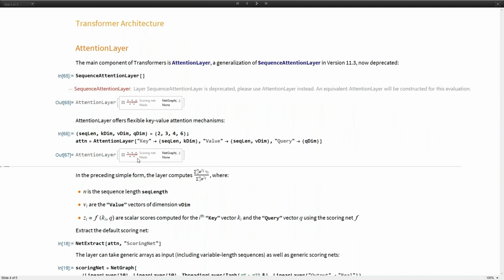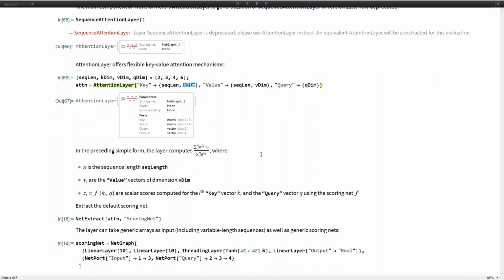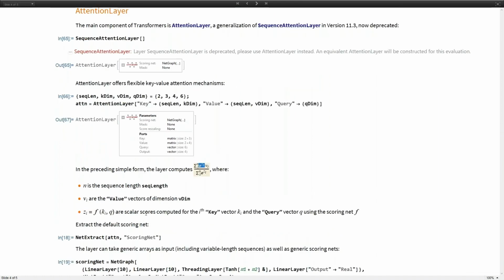In the simple form, what this layer does is it computes this weighted average, in which the Vi are the value vectors of dimension dim, and these Zi are scalar scores computed for the query vector and the key vectors.